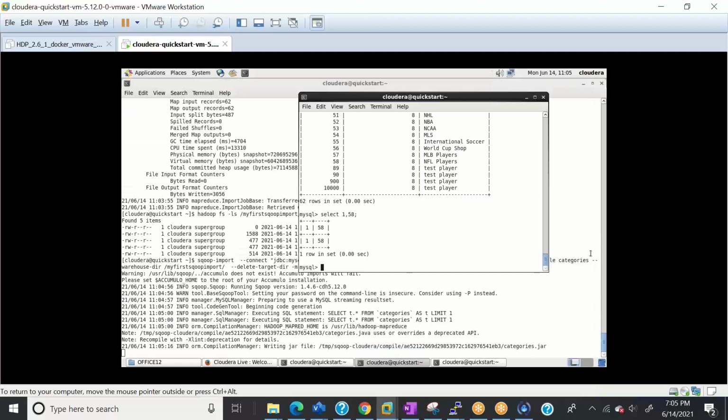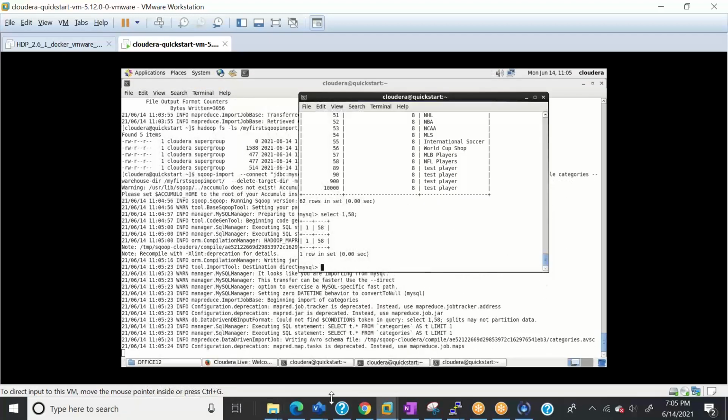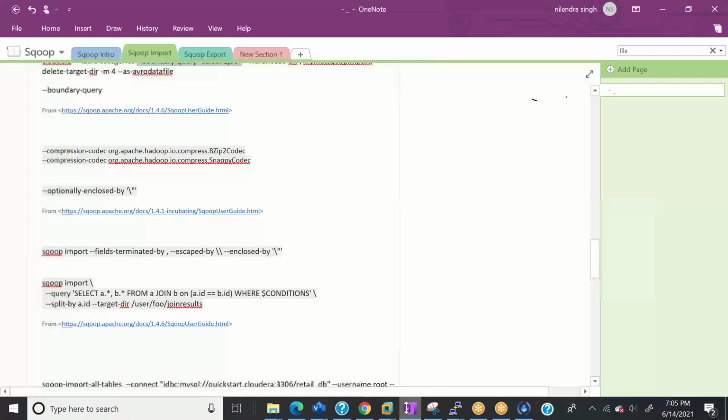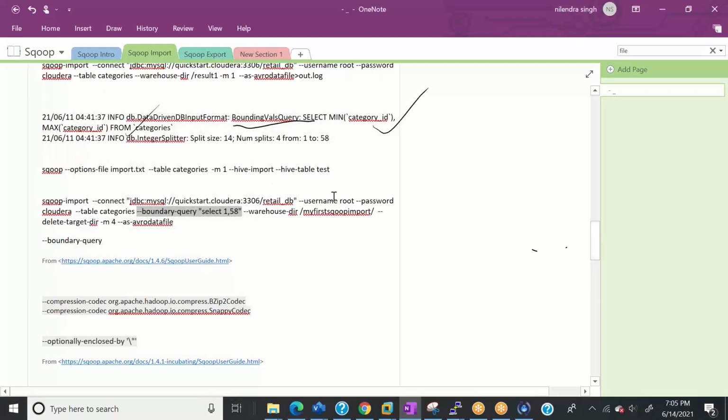Let it run. One more thing: right now, when I'm importing data, I'm putting the table name here, and the data is pulled from this table directly. But let's say I want to pull data as a join from 2 different tables.